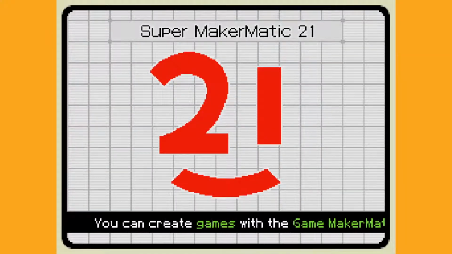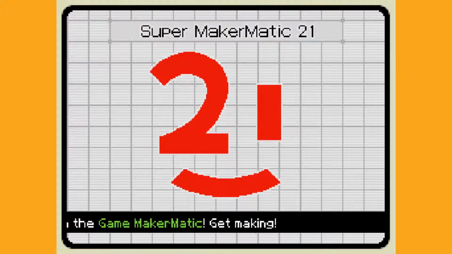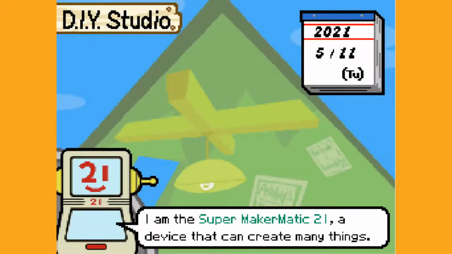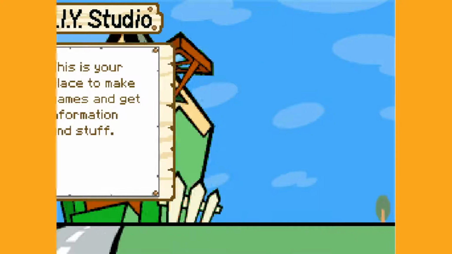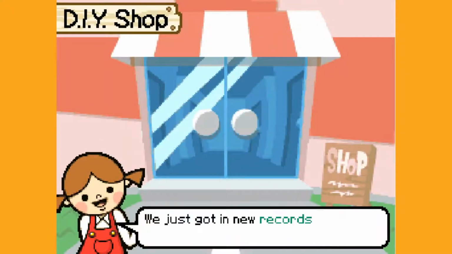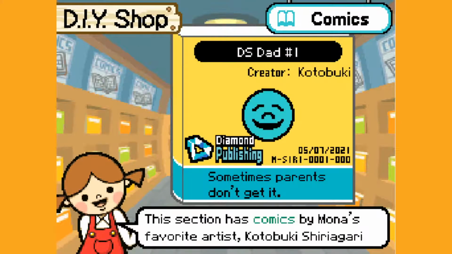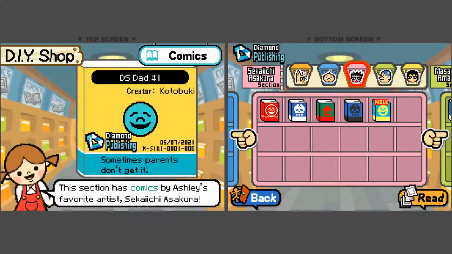Oh! Just seeing the Comic Maker-matic has reminded me, there is one of the comic sets that is just incredible in this. I can't believe they did. I can't believe they got away with it. Okay, new records, not interested right now. Okay. So it's this one. This set of comics. Oh, sorry, I'm still on top screen. Yeah, okay, so we're in the comic section,